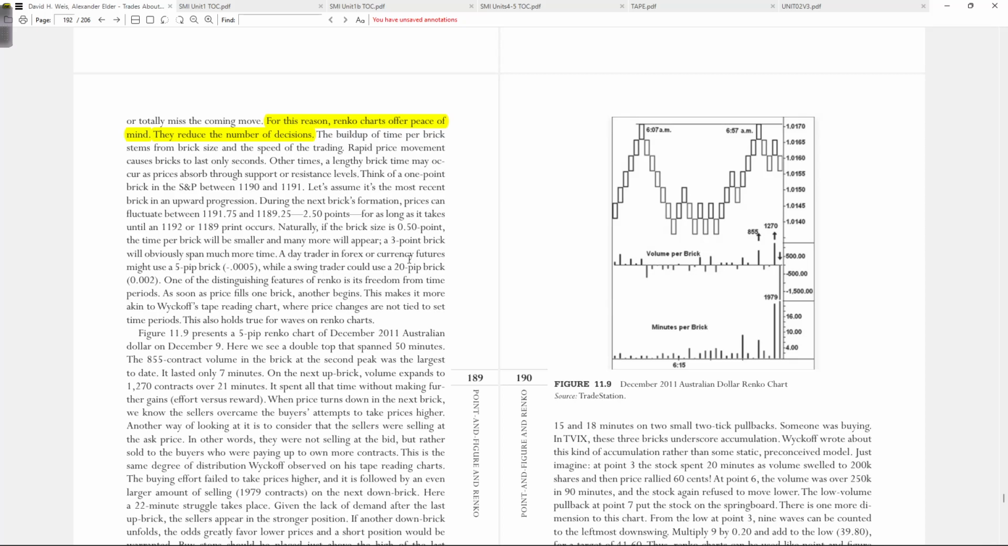A day trader in forex or currency futures might use a 5 pip brick, while a swing trader could use a 20 pip brick. One of the distinguishing features of Renko is its